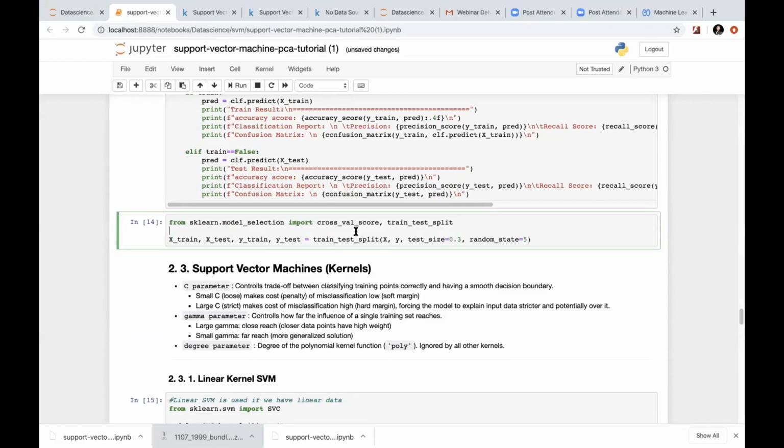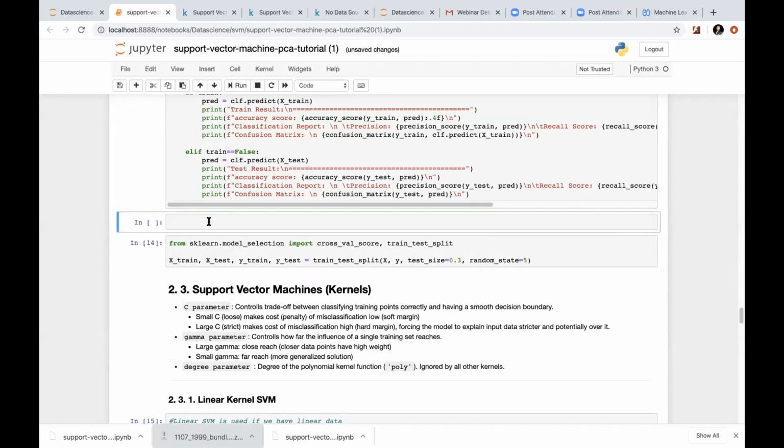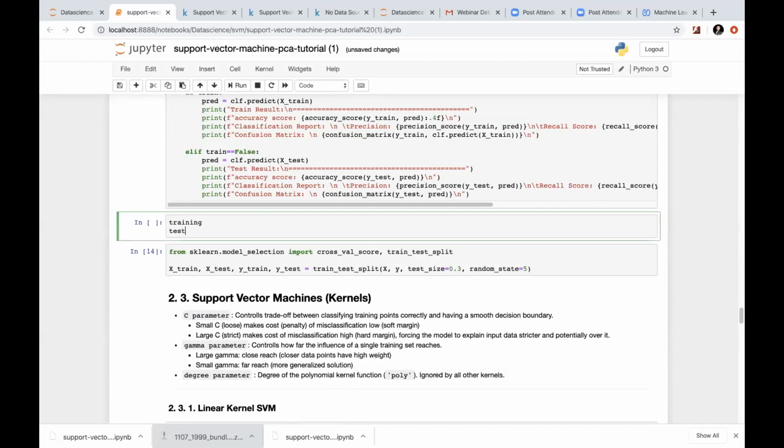Now, another part: when you get the data set and you have separated it into your features and your target, then the next step is to split the data set. And why do you split the data set? So that validation. Now when you split the data set, you will have two kinds of data. One is the training data and another is the testing data. And this part you can also call validation data, because you will use this to validate.